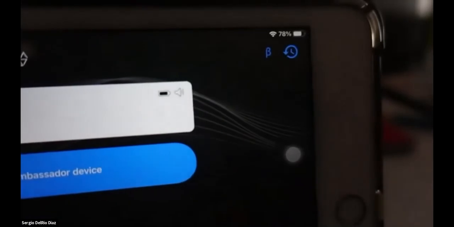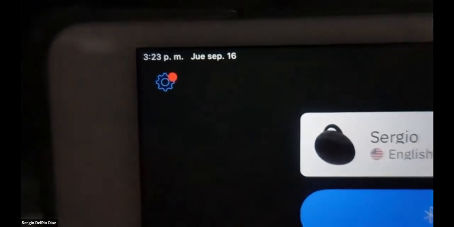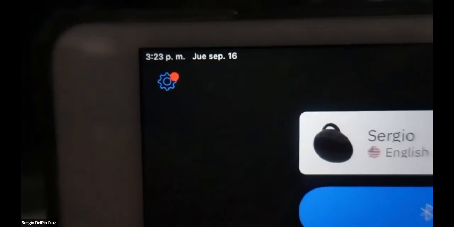So let me go to the app. You turn on the device. Actually, you just have one paired. This is an internal review version, so you can see that we have the beta symbol right there. But for you guys, you just need to click in here. When there's an update available, you'll see the gear with the red bubble. When you click on it, it will send you to the next menu.